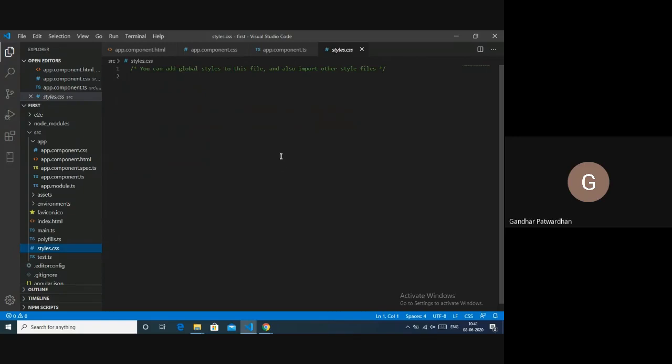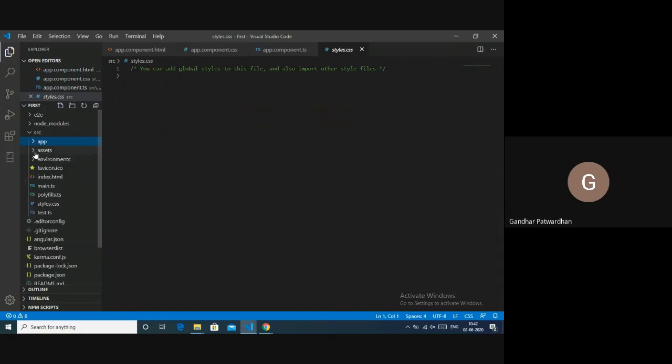Okay, so next, inside this SRC, there is an app folder. Now this app is the root folder of your application. Right? It is the main folder of your application. That is, everything starts from this app. You can always say that. And anything that you do, right, would always be done inside this app folder. Keep this thing in mind. Right? Then we'll come to app later today.